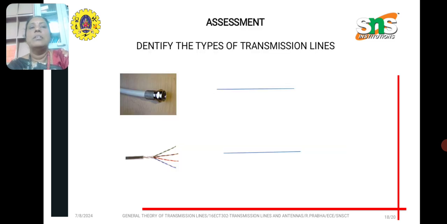Assessment: identify the type of transmission lines. The first one is the coaxial cable and the fiber